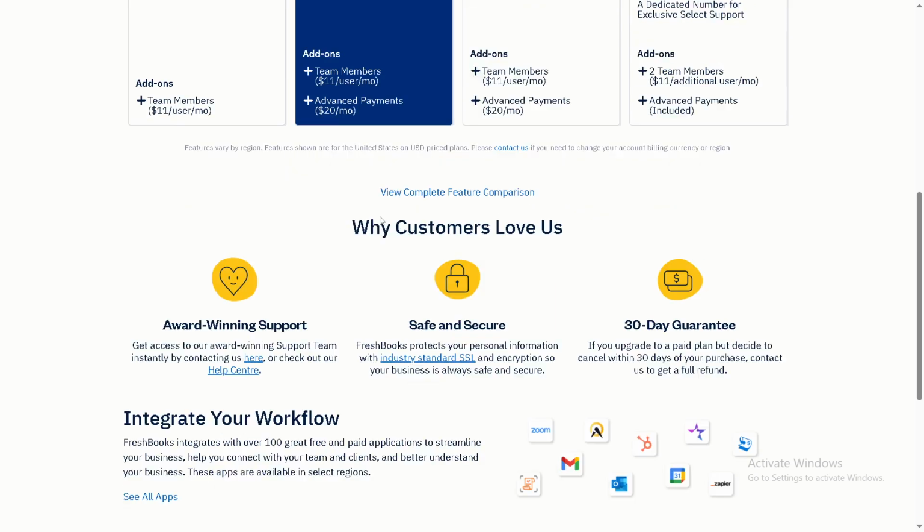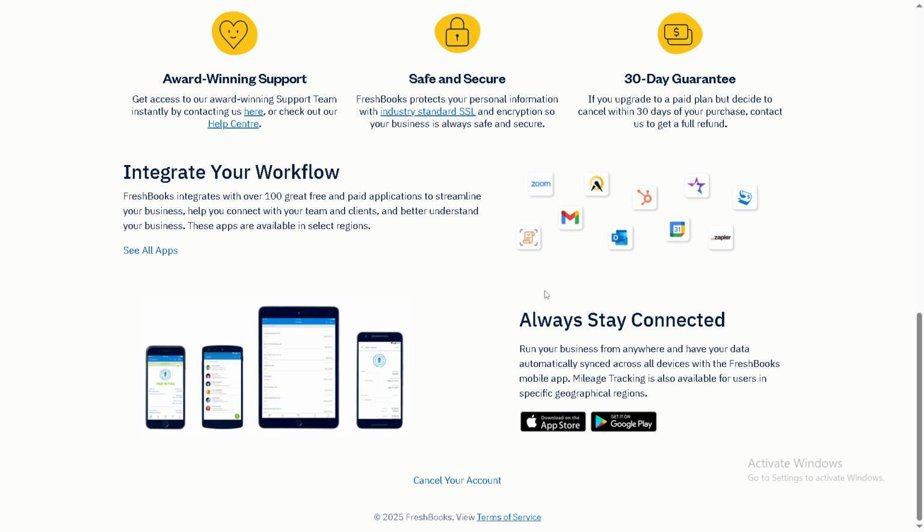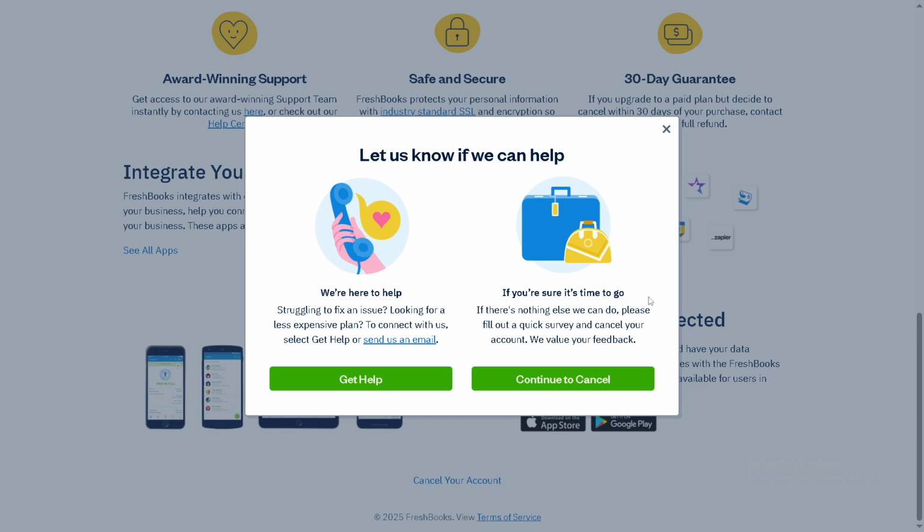Once here, you need to scroll down all the way to the bottom of the page. It's a little bit of a journey, but bear with me. At the bottom of the page, you'll find a link with the clear and self-explanatory text: cancel your account. Give that a click. Now, Freshbooks doesn't want you to leave, so it will present you with a moment of